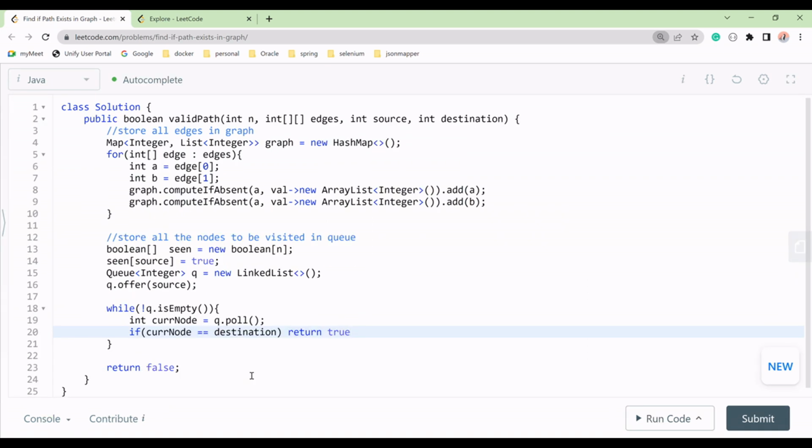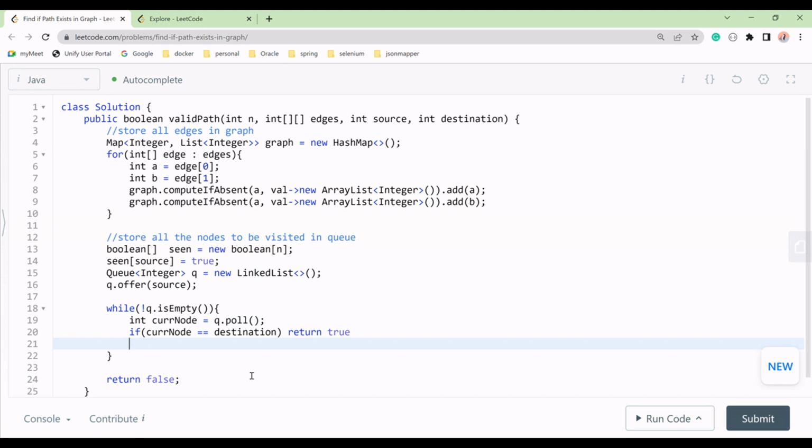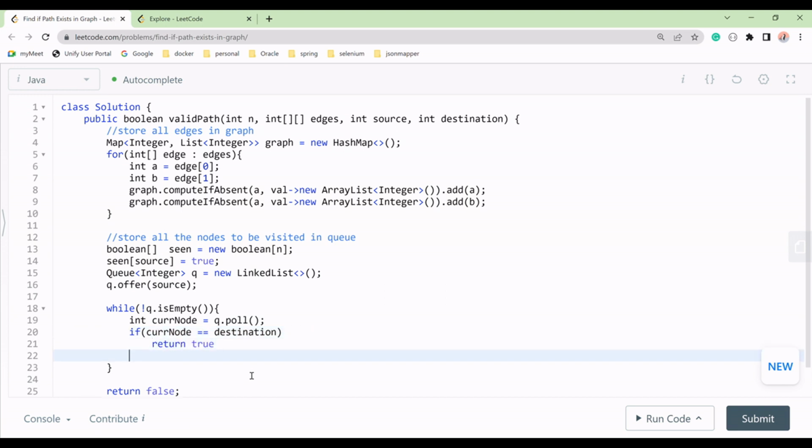Now this is done. After that, you can put it down here, nothing but if source is this. If that is not the case, it means for all the neighbors, for all the neighbors of the current node, right? For all the neighbors of the current node,